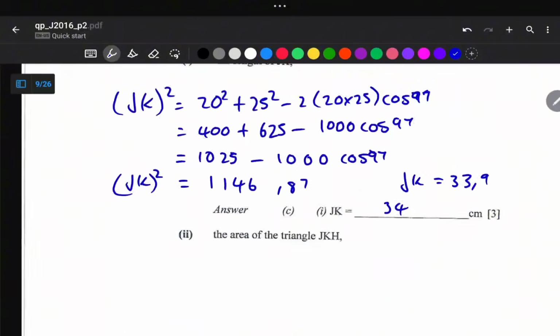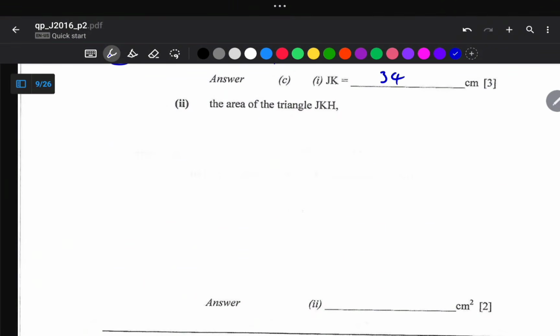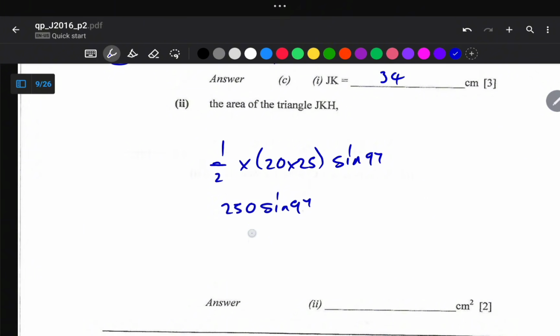So the area of this triangle is equal to half of 20 by 25 multiplied by sine of 97. So 20 by 25 gives us 500 multiplied by half, which is equal to 250 multiplied by sine of 97. So 250 sine of 97 gives us